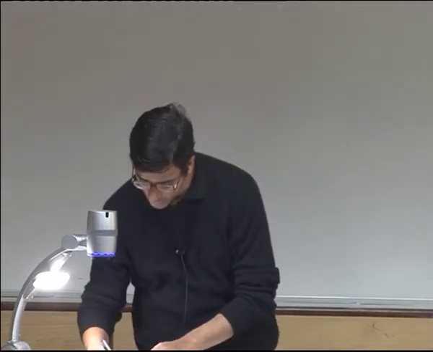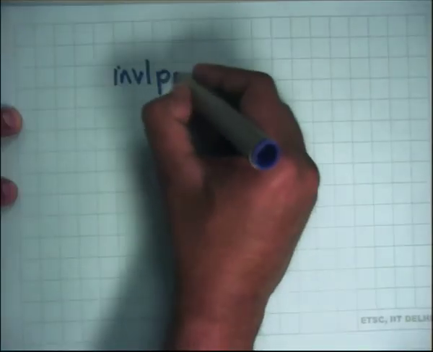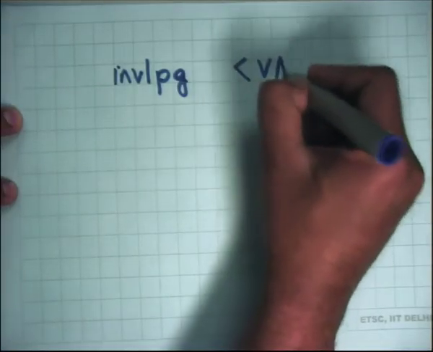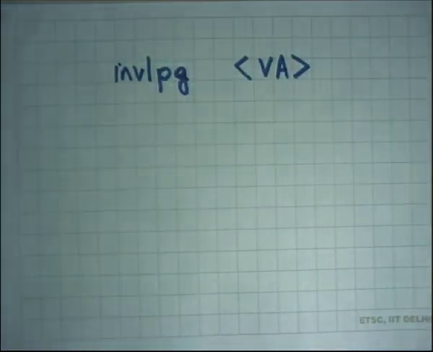If the kernel changes a page table entry, the TLB does not even come to know about it, right? So the kernel needs to tell the hardware explicitly to invalidate a page directory entry or TLB entry, right? So there's an instruction called, let's say, invalidate page, and it takes a virtual address, right? Basically it means invalidate any entry in the TLB corresponding to this virtual address. So it's an explicit invalidation of the TLB entry, the cached entry. If the kernel forgets to do that, it's a bug, right?